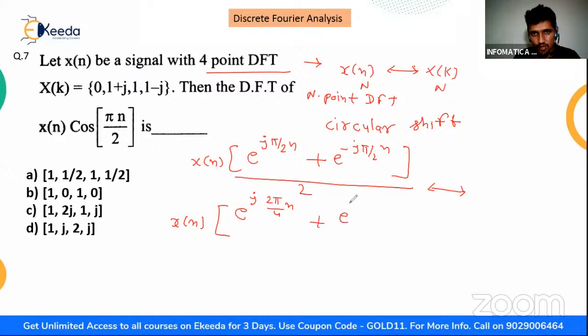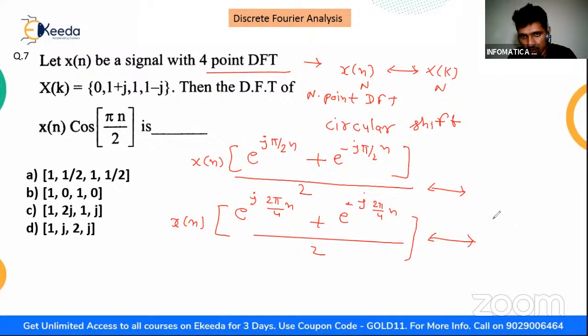From here we get to know that the shifting has taken place by 1 in the frequency domain, this k domain. 2 pi by 4 multiplied by n, divided by 2. From there we can say that this will be X of k minus 1 plus X of k plus 1